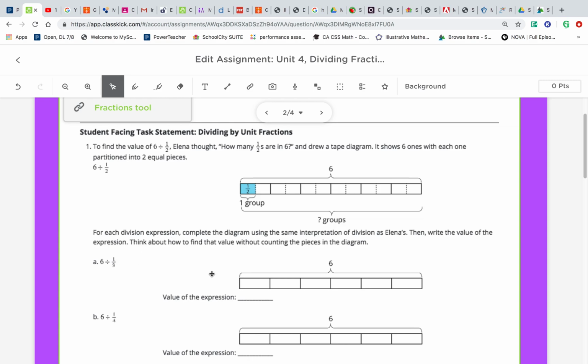6 divided by 1/3. So you can see this is actually just the same length as the one above. That's okay. We're just going to go ahead and take 6, and we're going to divide it by 1/3. So the idea is that we're going to take the denominator here, the 3, and that is going to be the number of pieces that it's going to be split into. Okay, so the idea is we're going to take this 3, and that means we're going to make 3 parts here. So this is a whole, but I'm going to go ahead and break this into 3 parts. So there will be 1 part, and there is